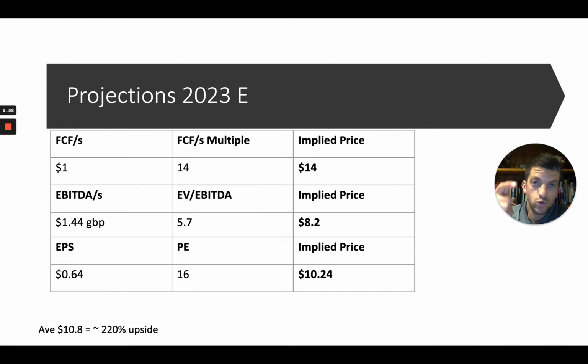As I said, fiscal 21 is done for them, so we're looking out at estimates for 2023, and free cash flow is expected to come in at about £1 per share, and that's not allowing for any potential buybacks. Okay, so it could be a hell of a lot more. EBITDA on a per share basis and earnings per share, you can read those, and applying the median multiple. So I am banking on a bit of multiple expansion here. However,